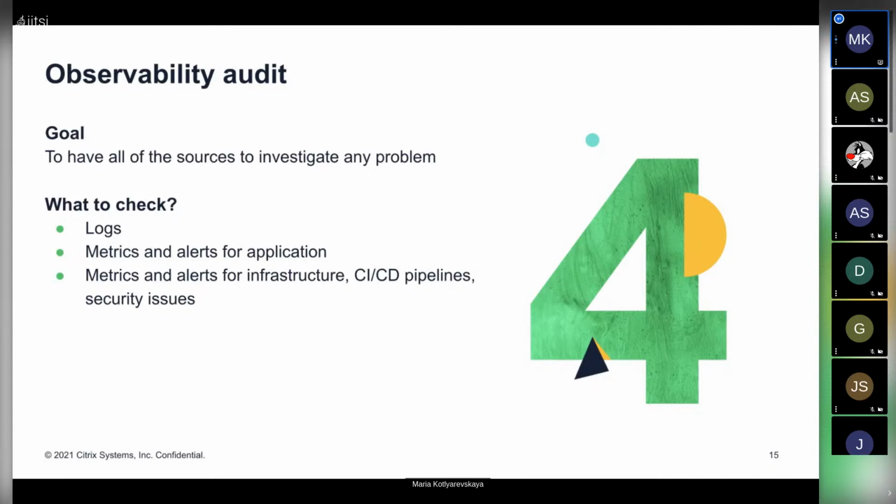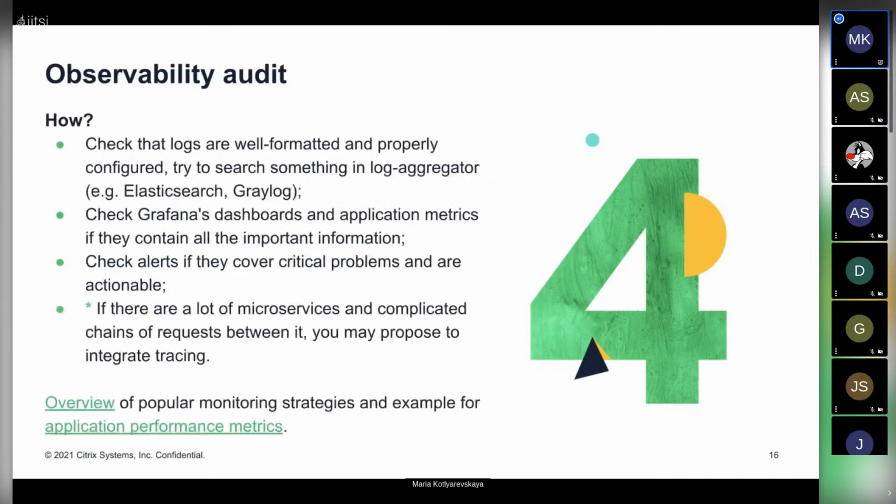But it's also important to have metrics and alerts for infrastructure, CI/CD pipelines, and security issues as well, because the application is still running on the underlying infrastructure, and if something is wrong with the infrastructure, we should know about it, right? Because it can reflect on the application itself. How do you actually check if everything is fine or not?